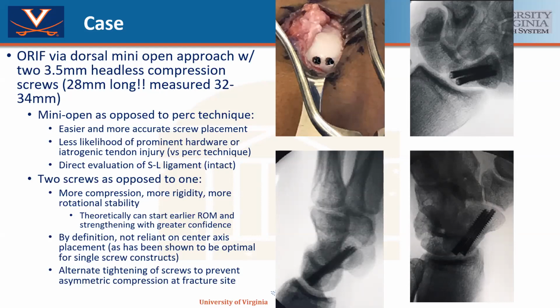So I used a mini open approach. It was easier and more accurate for screw placement, with less likelihood of prominent hardware or iatrogenic tendon injury. And I could directly evaluate the scapholunate ligament during my exposure, which was intact. The 2 screws were used as opposed to 1, allowing more compression, more rigidity, more rotational stability. And to me, that gives me peace of mind that I can start earlier range of motion and strengthening with